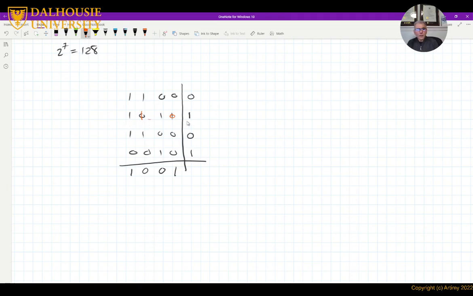So if we rely on the horizontal parity bit alone, we will see that we have 1, 2, 3, 4 ones. That's an even number of ones, so we say this is correct. But if we look at it vertically, we will see that this is okay. This is not okay because we have 3 ones and we're not supposed to have 3 ones. So we know that there is an error. So with this matrix technique, we will be able to enhance our error detection technique by creating this matrix, and we will be able to detect some double errors, not all. Why not all? Well, if we go back